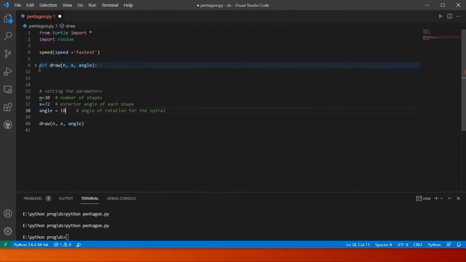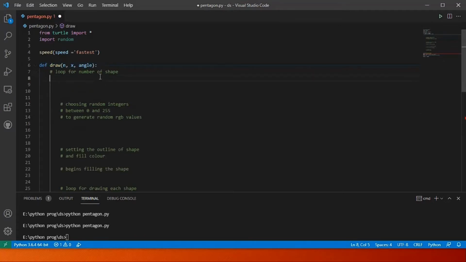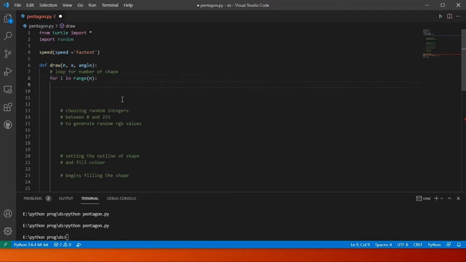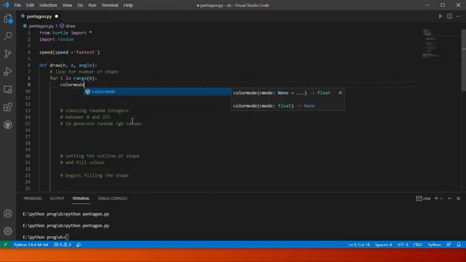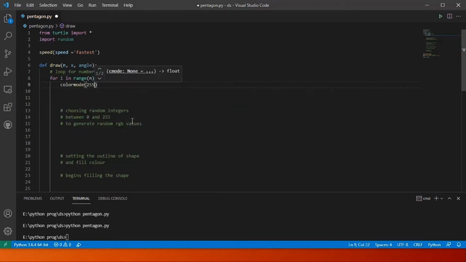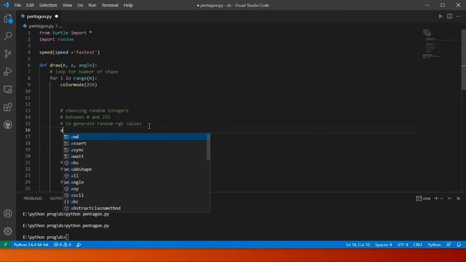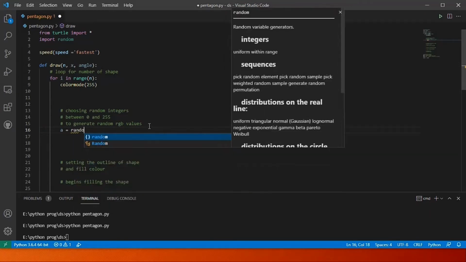Now let's define our function. Let's iterate it till number of shapes. After that we will set color mode to 255 and choosing random integers between 0 and 255 to generate random RGB values.